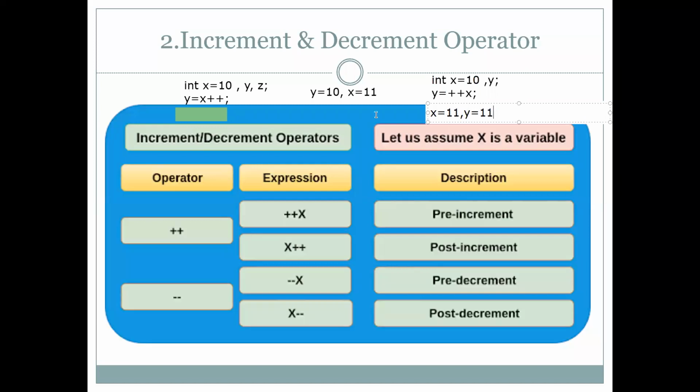So this is the different output for the pre and the post. In case of post, my y is 10 and x is 11. Whereas in case of pre, my x and y both are 11. Is it clear? Yes, the theory, everything is given in your textbook. Okay. Later on, after the lecture, you can refer to that book. Similarly, pre-increment and post-increment, there is a pre-decrement and post-decrement.